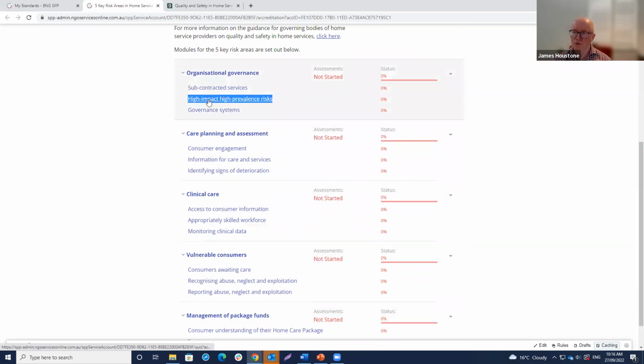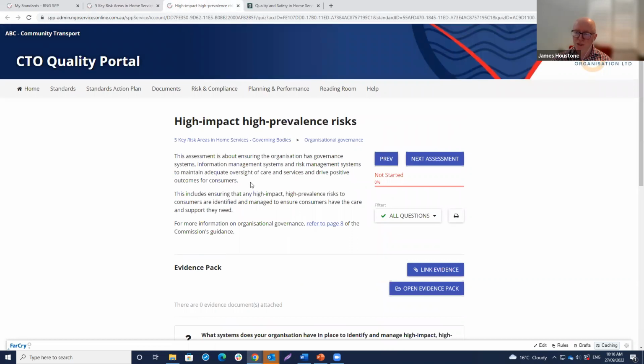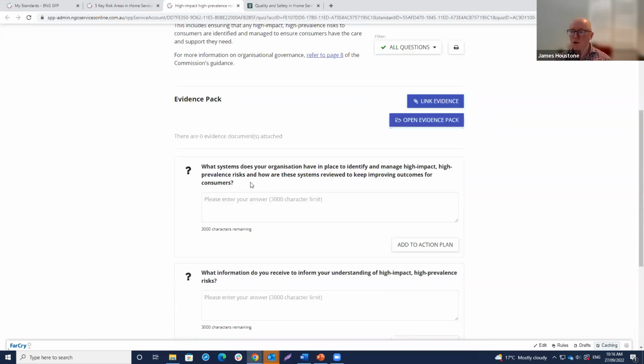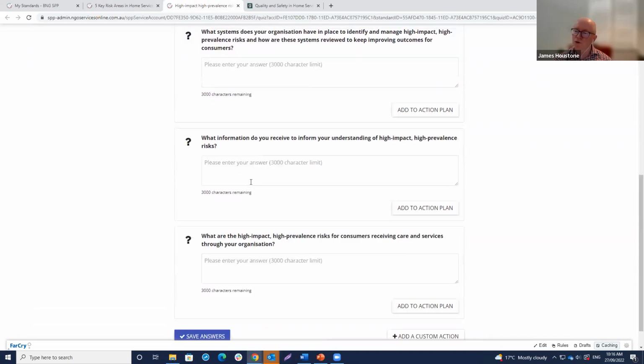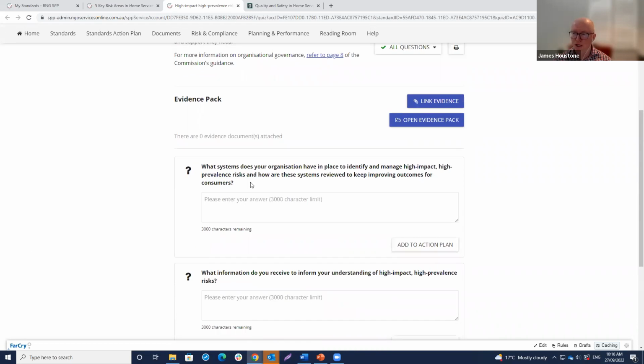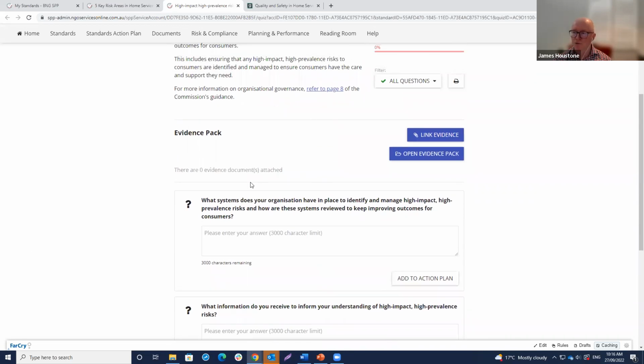So if we click into any one of these assessment modules, basically what we've done, as I said before, is we've transposed all of that information that's in that PDF document into a series of sort of bite-sized reflective questions, which you could potentially work through individually or as a group to see how your particular organisation might be tracking in relation to those risk areas.